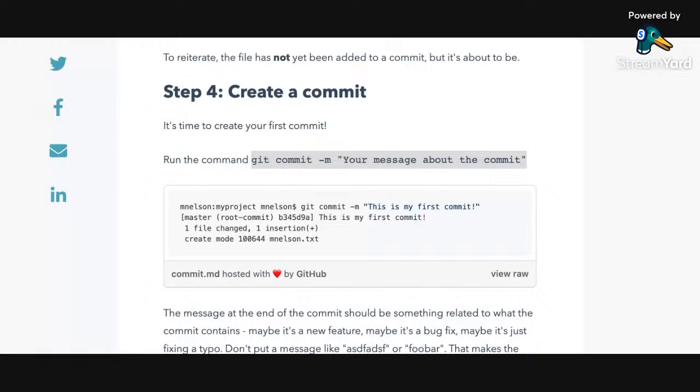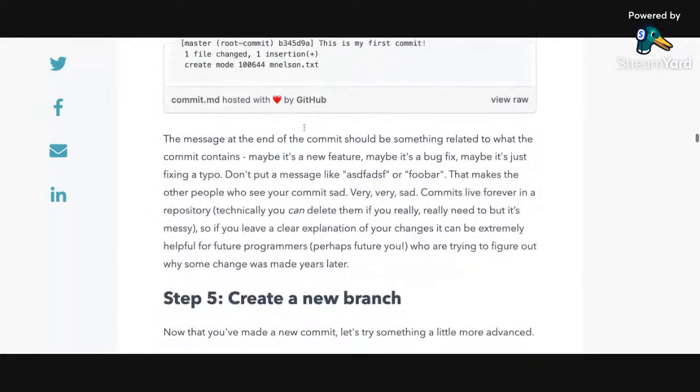So each time you write code and you want to save it, you have to do what we call commits. Do you understand? If you want to save your work after you have written your code on your laptop and you want to push it to the online file explorer, you have to commit your code. So that is what Git Commit does. It pushes your code online. That is the version that you have been working on.